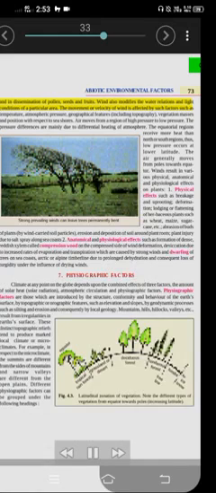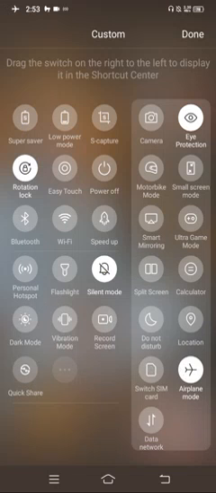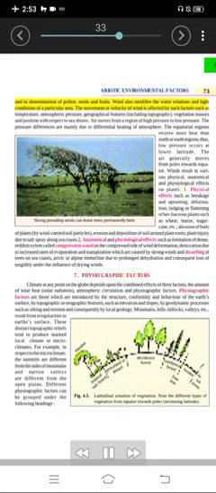The movement or velocity of wind is affected by such factors as temperature, atmospheric pressure, geographical features, including topography, vegetation masses and position with respect to seashores. Air moves from a region of high pressure to low pressure. The pressure differences are mainly due to differential heating of the atmosphere. The equatorial regions receive more heat than north or south regions, thus low pressure occurs at lower latitude. The air generally moves from poles towards equator.